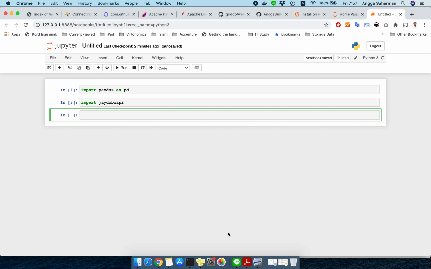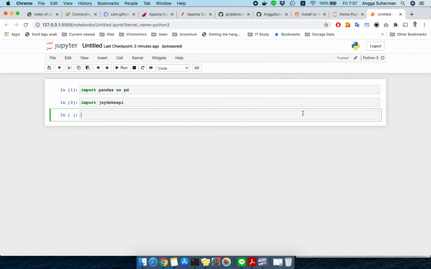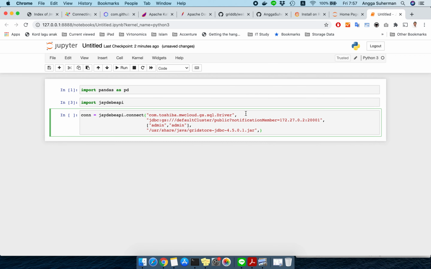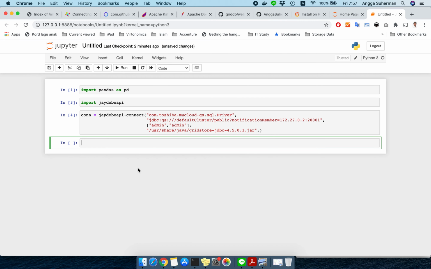So it should work. We're gonna make some connections. So actually let's copy that one first because it's a different IP address. We're gonna make this connection like so, and then if you fetch some data,